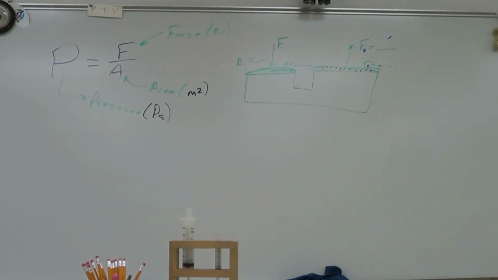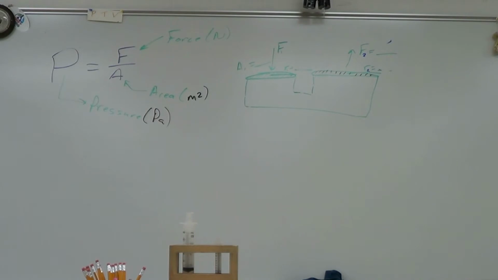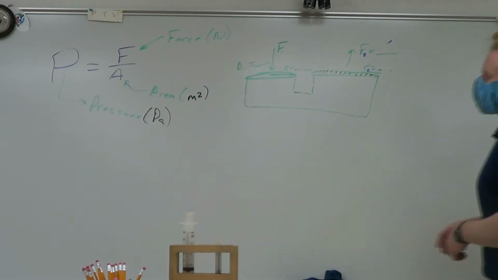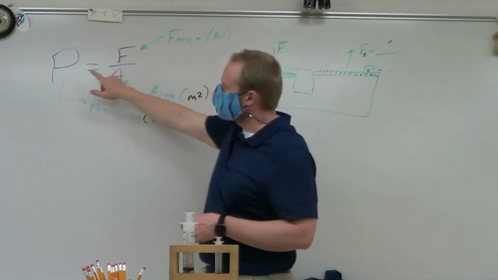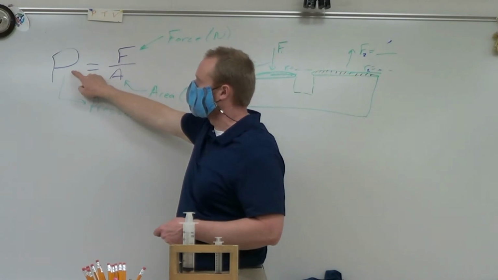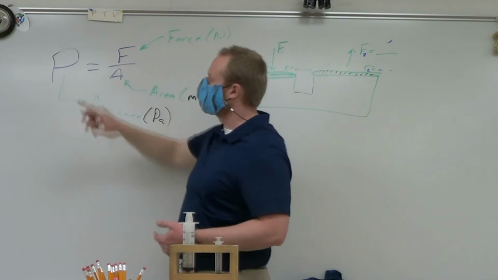When we talk about bicycle tires and how much air you put in a bicycle tire, it's very dependent upon the type of tire you're on. So when you climb on a bike, your force, your weight is going to be pretty consistent. Give or take, the frame of the bike might change when you change styles of the bike, but let's just pretend it's the same. But your force is going to be the same. But you put a different amount of pressure in your tires, depending upon the type of bike